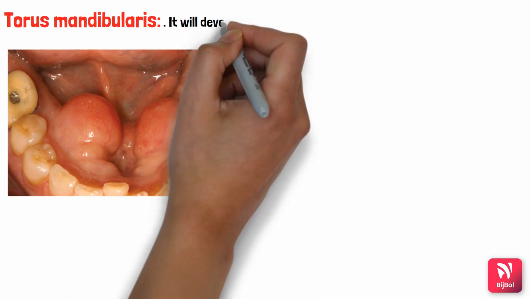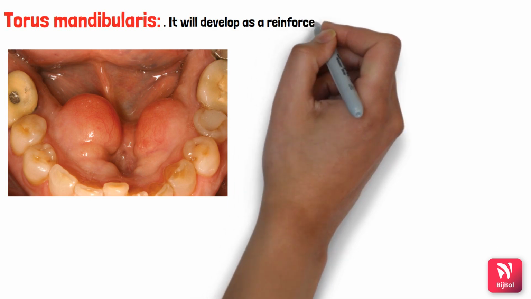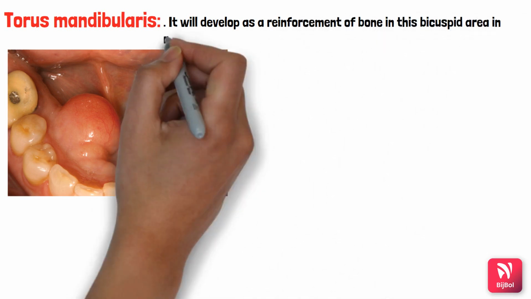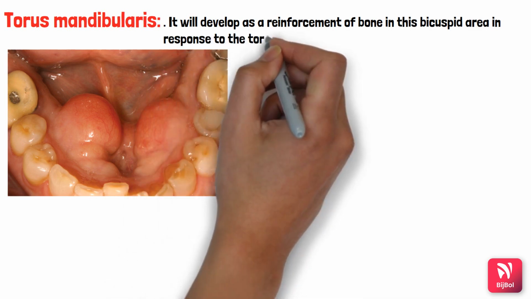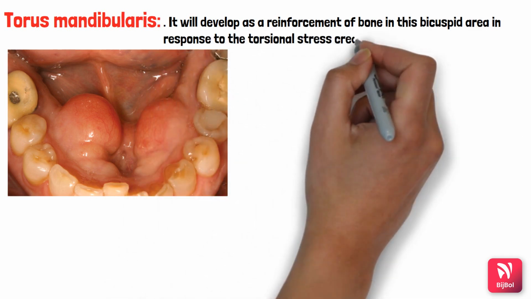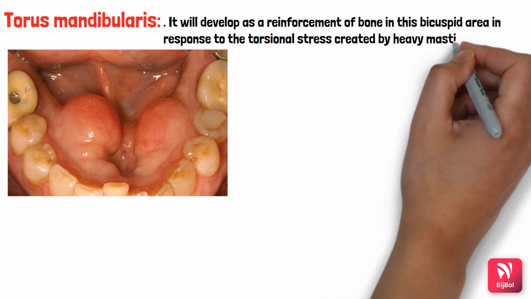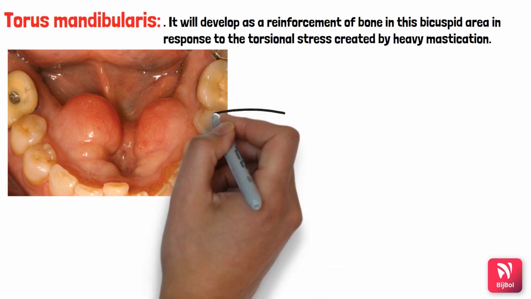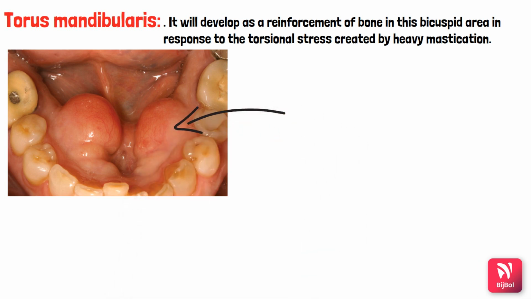Lingual surface of the mandible, it's an outgrowth. So how does this develop? It develops as a result of torsional stress because of heavy mastication. Because of the heavy mastication there will be torsional stress, because of which torus mandibularis develops in this bicuspid area. If you see clinically, it presents as a growth on the lingual surface,